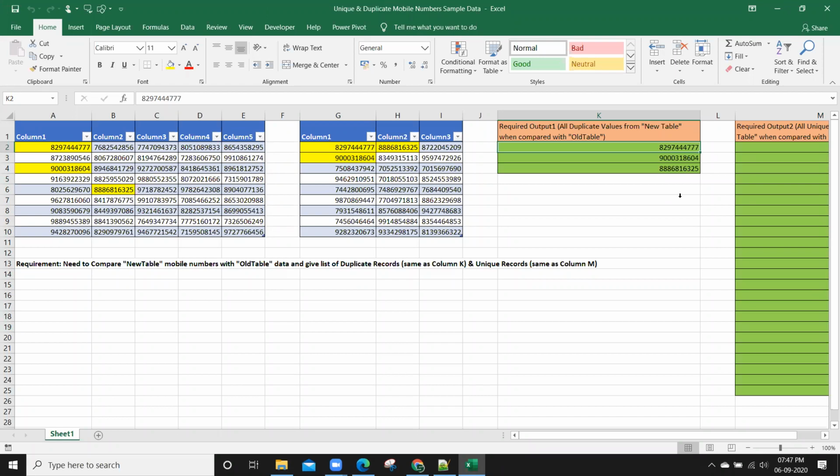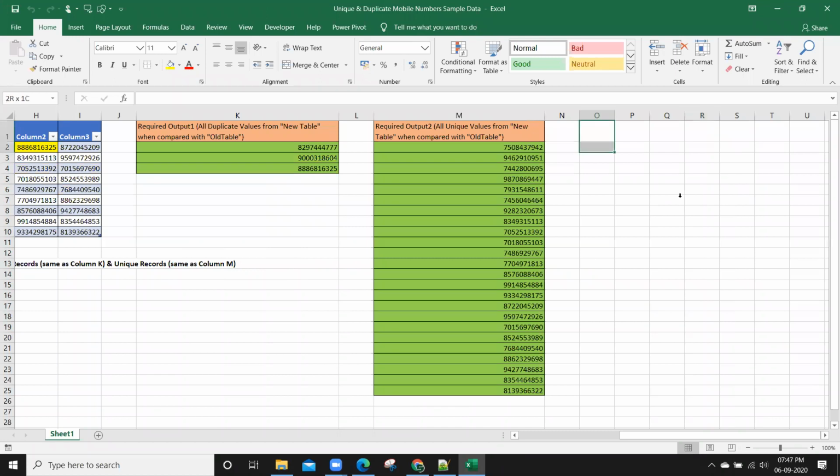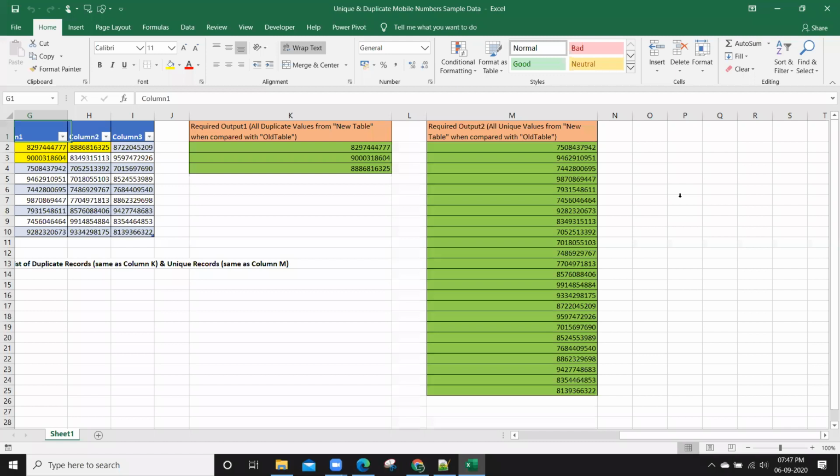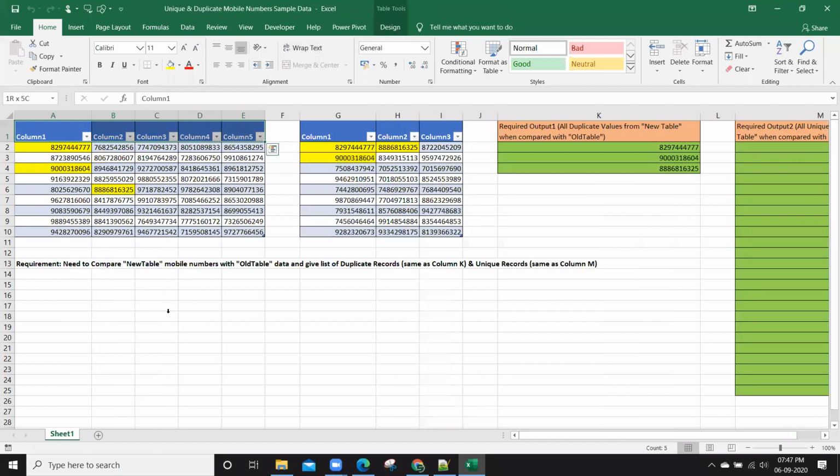MS Access. See, as an Excel user, I can do it in Excel. As a typical Excel user, what exactly we do is we'll keep all the mobile numbers in one column. Right now, it is in 5 different columns. We'll try to make it all one column, and these 3 columns also we'll make into another single column. Then we'll compare this with this. We'll write some VLOOKUP or INDEX or some formula, and try to get whether it is already available or not. On top of the VLOOKUP, we'll write an IF formula, and we'll get that answer.